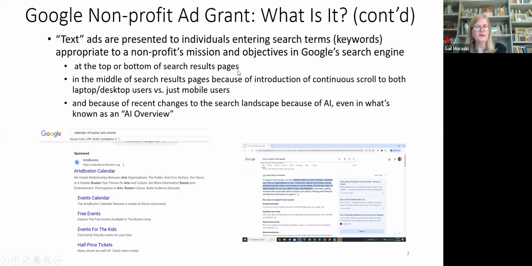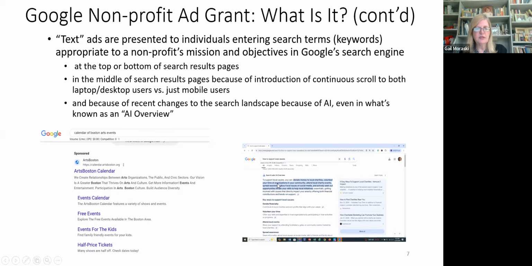One, now sometimes the ads will appear in the middle of search results pages, and that's just because of the way that continuous scroll is available to both mobile and laptop and desktop users. The other thing that's happened very recently, so recently that I wasn't even able to provide an example, is that with the introduction of AI search engines and Google AI search, Google now sets up what they call AI overviews.